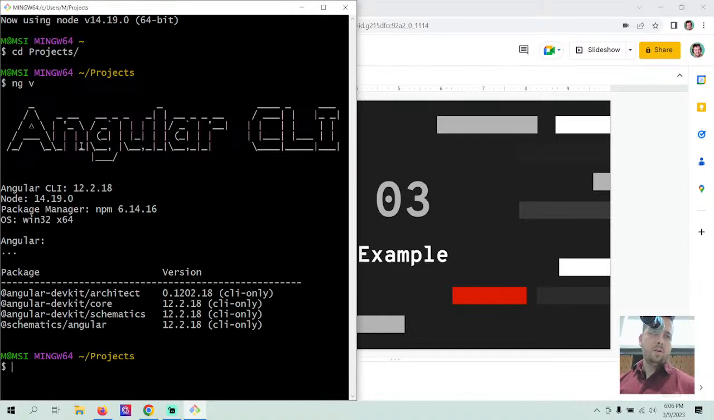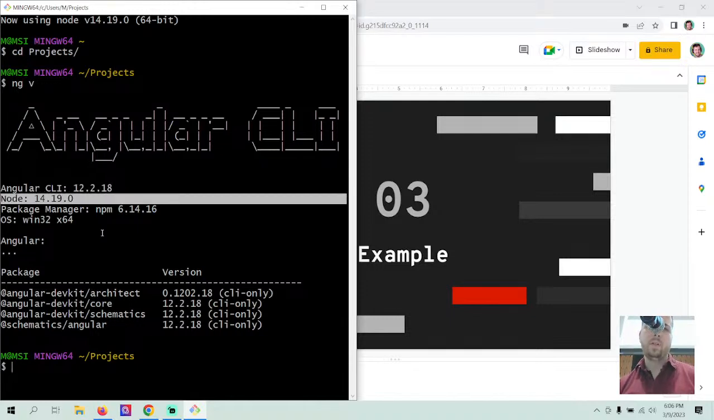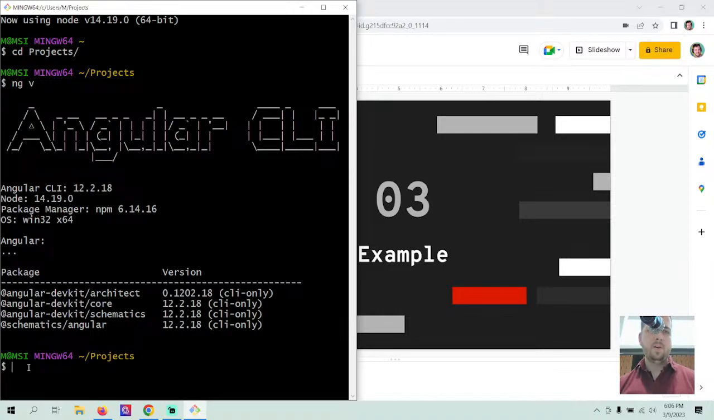Right. So it looks like globally I have Angular 12.2.18 installed, then I have Node 14.19 installed. It's an older version of Node that I needed to install in order to work with Angular 12. Node 18 was giving me issues. All right, and so